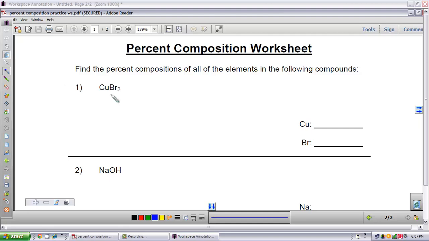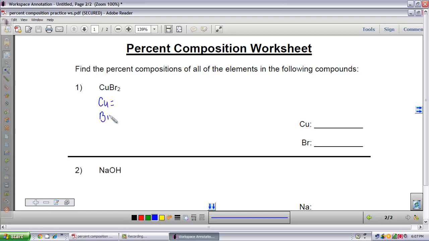So the first one we're going to look at is copper bromide. Copper 2 bromide is made up of one copper atom and two bromine atoms. You put them all together, you've got your oxidation numbers, which we've reviewed, and you make yourself a molecule. So we're going to start by, you'll need a periodic table nearby, and you'll also need a calculator nearby. We're going to look at the periodic table, and it shows us that